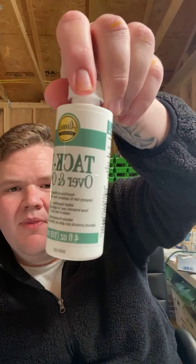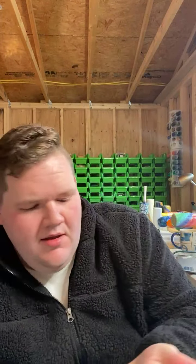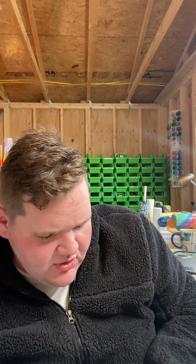The Tacket is a white bottle. Tack it over and over. Has to be the over and over one, not the Tacket glue. For a while, it was really hard to find in the stores because so many people were buying it. But it's,